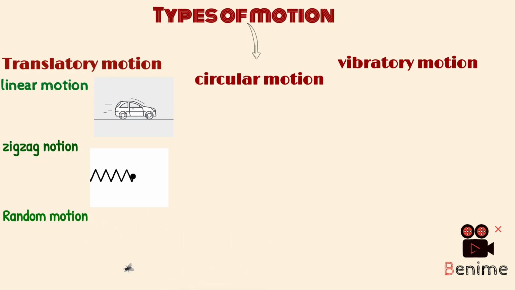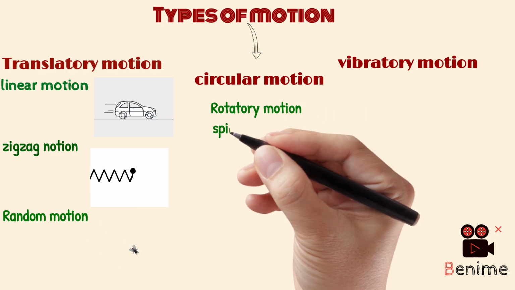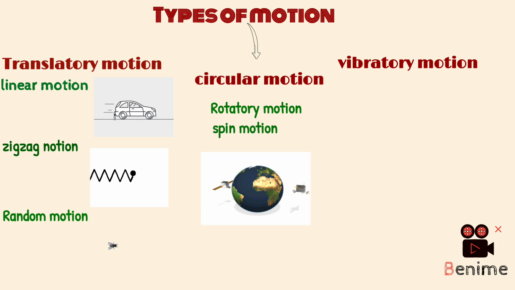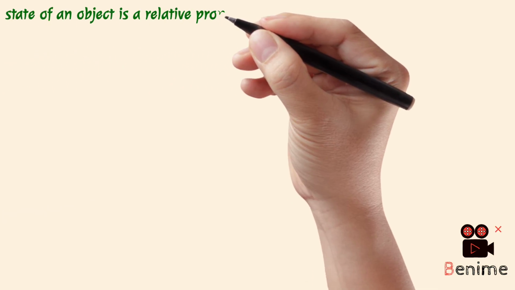Circulatory motion also has two types. One of them is rotatory motion and another one is spin motion. Like you can see here, Earth is spinning about its own axis and the satellites are continuously revolving around the Earth. Further, the state of an object is a relative property, not an absolute one, because it depends upon the